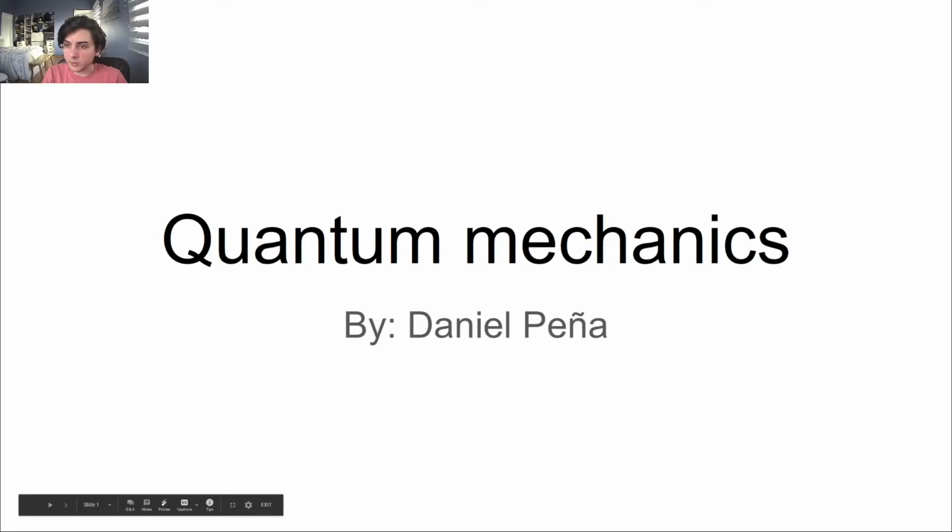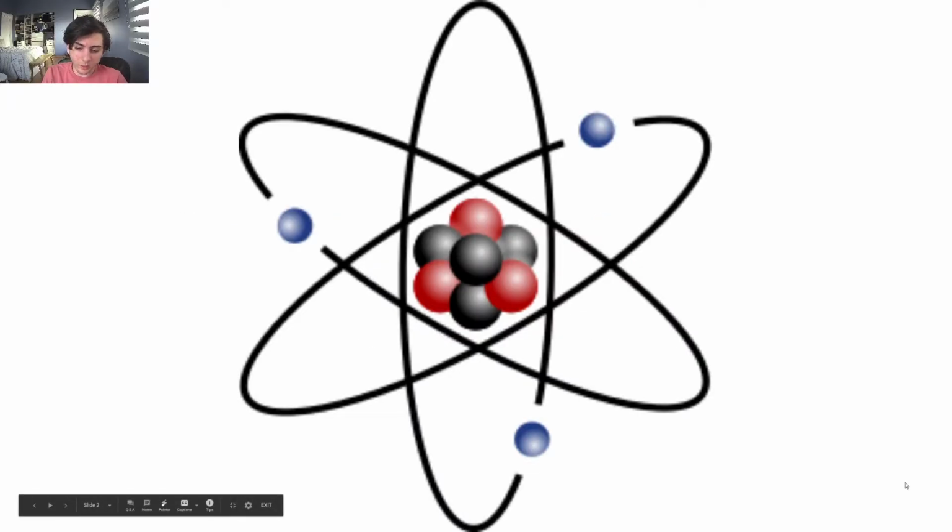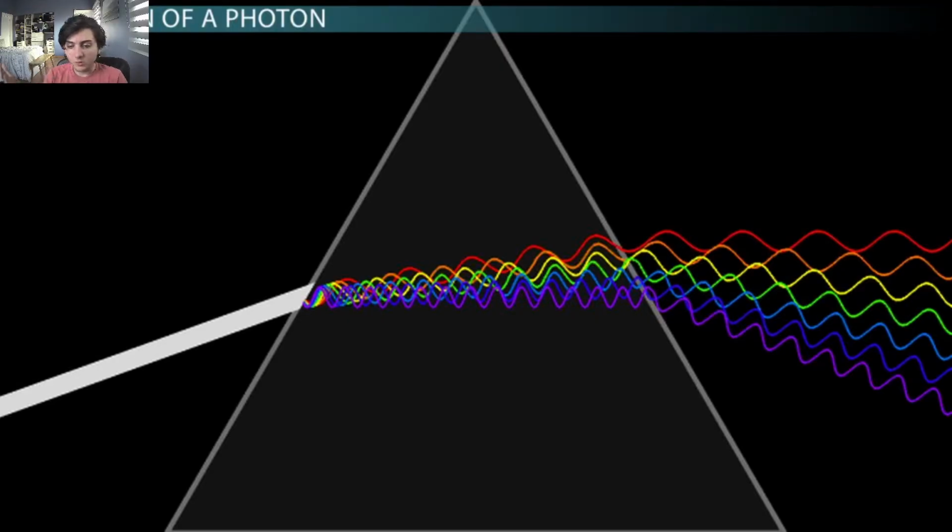Today we'll be talking about quantum mechanics, more specifically, the photoelectric effect and its impacts. Largely, when people talk about quantum mechanics, they talk about protons, neutrons, electrons, quarks, and of course, photons. Photons, or light,